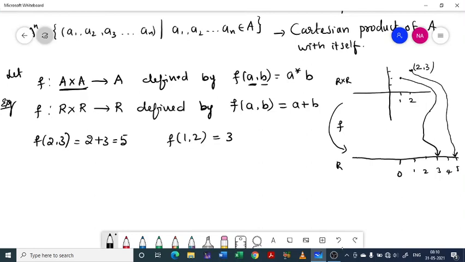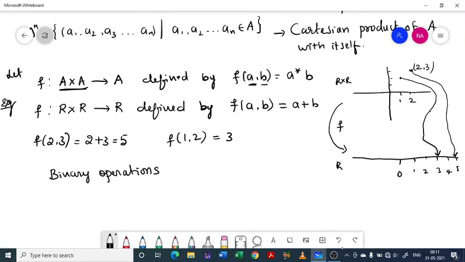So f is a function, definitely it is a function on R cross R to R, and this function is applied on two entries or two tuples, or you can say a pair of members, and such operations or such functions are called binary operations. Throughout our discussion we are going to use binary operations only. We are not going for products of higher orders. We are restricting ourselves to R square.